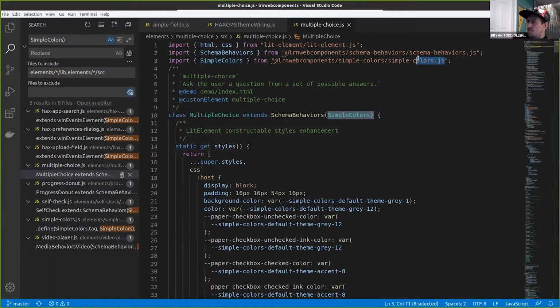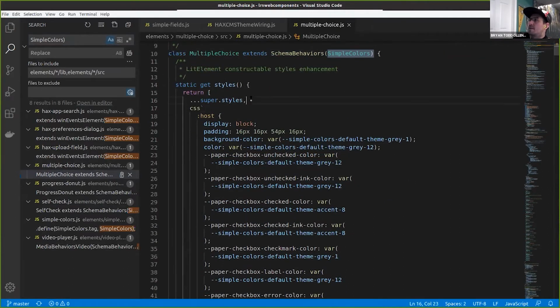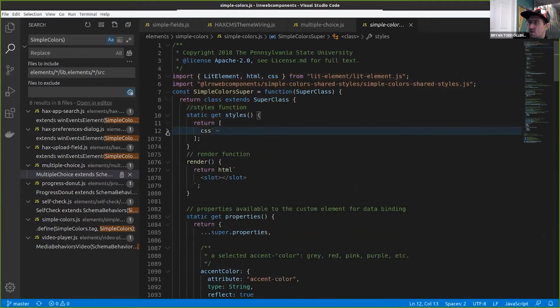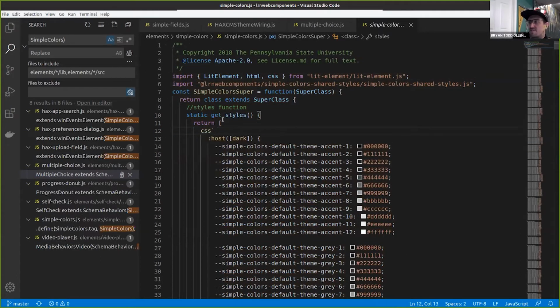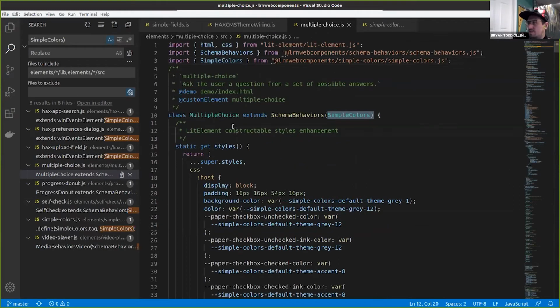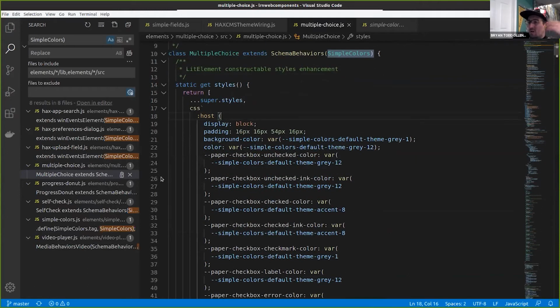We'll use simple colors as a subclass of LitElement in this case. And this is schema behaviors that wraps on some other functionality via superclass. But then in our styles right here, where we're doing our spread operator for super.styles, that is going to be pulling in effectively all of these styles and these CSS variables we have, via the super, right there. So she's got simple color super, which then actually mixes into LitElement with nothing else going on, exported, and then in this case pulled into multiple choice. So that then we have all of those